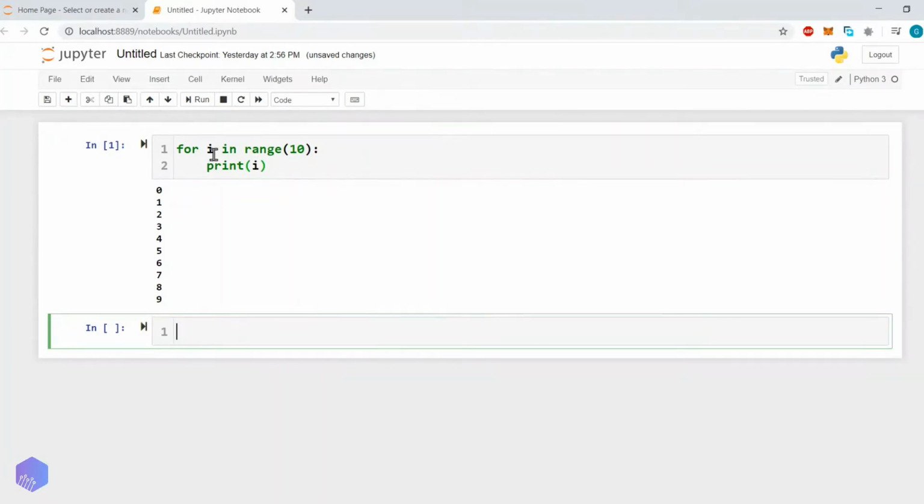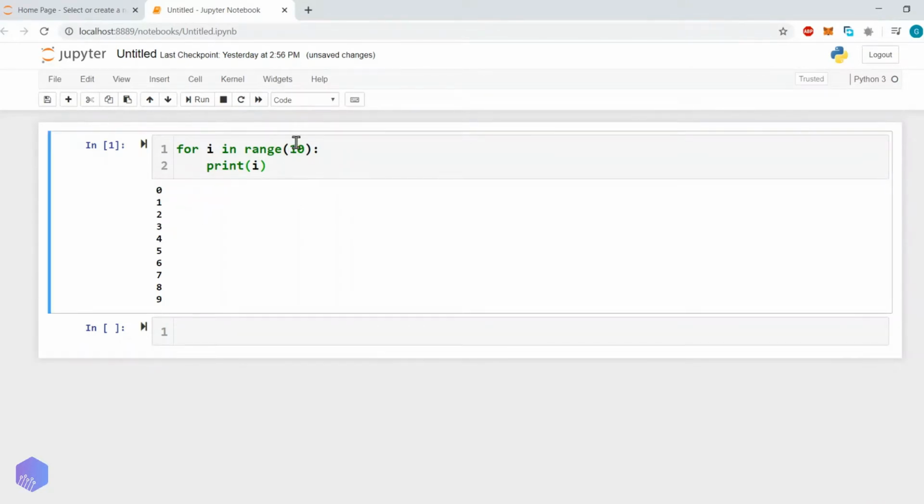If we execute this, by default it will start with 0 and then go up to 10. Here you have to observe that the range is non-inclusive, meaning whatever value we specify over here won't be considered. So it goes up to that value, not including it.